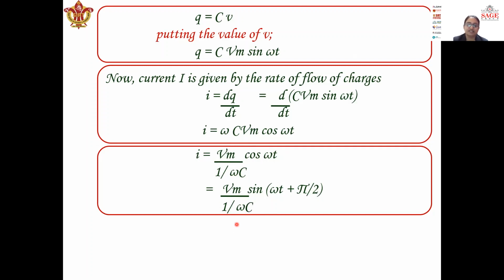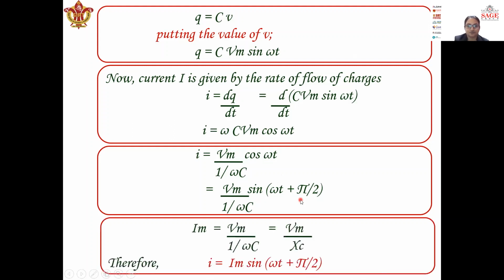And what is the capacitive reactance? Capacitive reactance is the total opposition offered to the flow of current due to the capacitor in the path, right? And cos omega t: we know that V is in the form of a sine expression, so we need to convert it into the form of sine only. So cos omega t has been converted to the sine form, that is sin(omega t plus pi by 2), right? Cos omega t can be written as sin(omega t plus pi by 2) here.